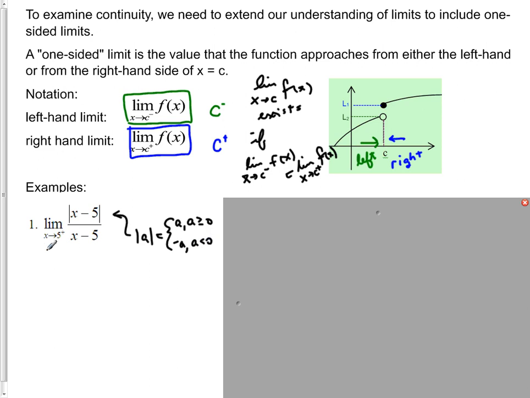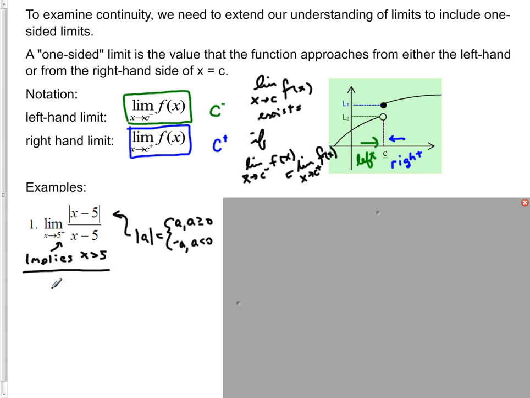So if we're taking the limit as x approaches 5 from the right, it implies that the values of x we're going to be using are values of x that are greater than 5. Even if we say very, very close to 5, like 5.01 or 5.001,